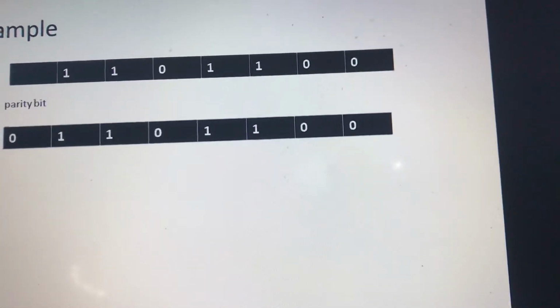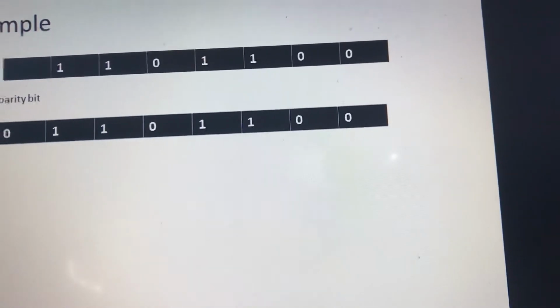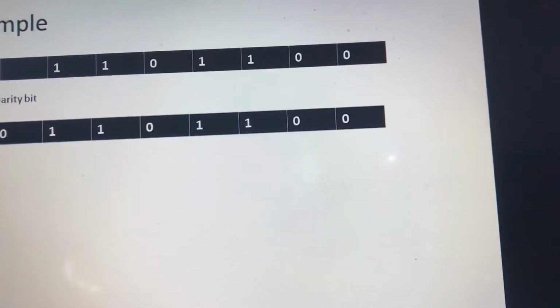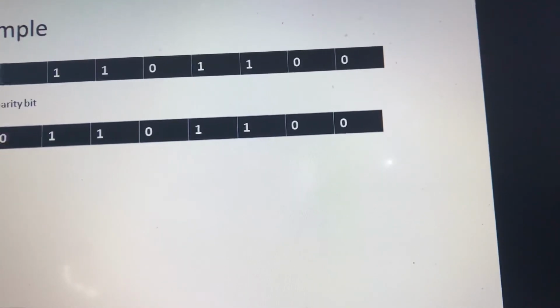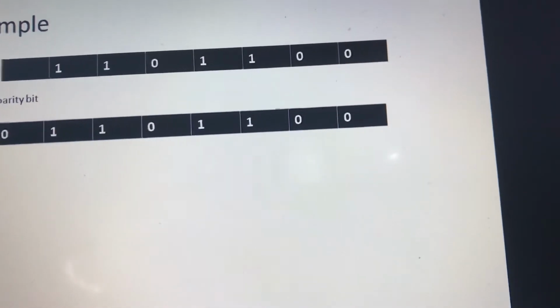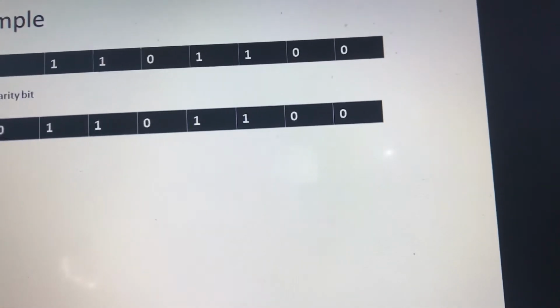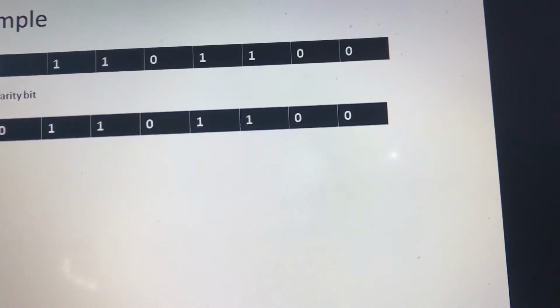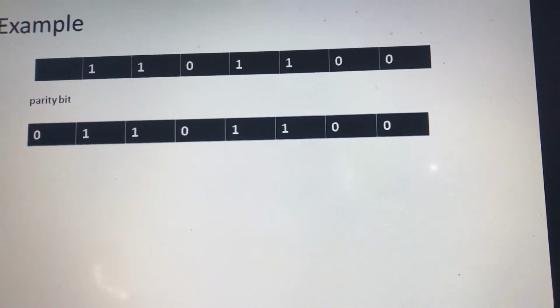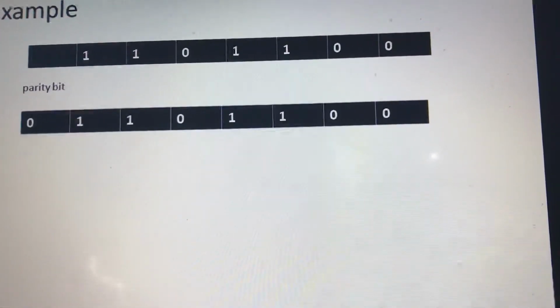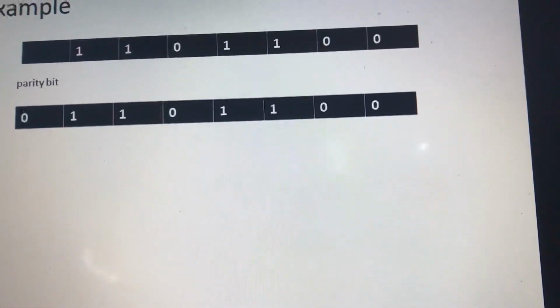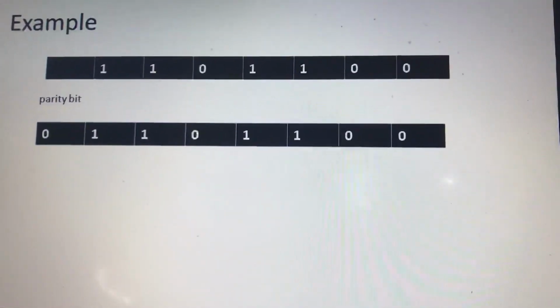If this byte is using even parity, then the parity bit needs to be 0, since there is already an even number of 1 bits. So the parity bit needs to be 0. In the second register you can see there is a 0. If we want to make it odd, then the parity bit would be 1.